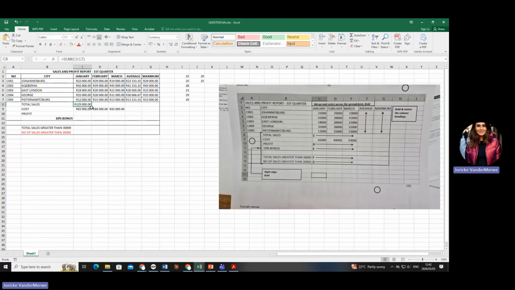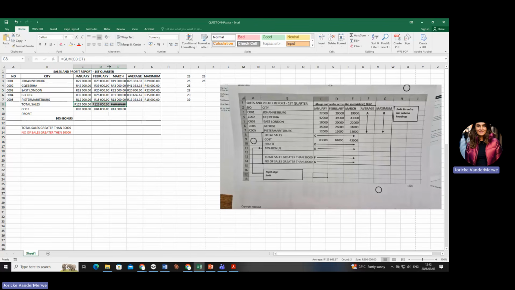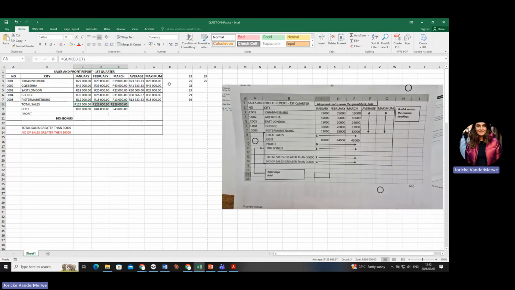And then what do I do? Do you remember you can also autofill from left to right? Is that fine? Why am I not going to autofill the last two? Because the arrow stops there. Can you see that? Okay. So, and also I don't want the sums of average. That won't make sense for now. Okay. The cost is there, the profit.